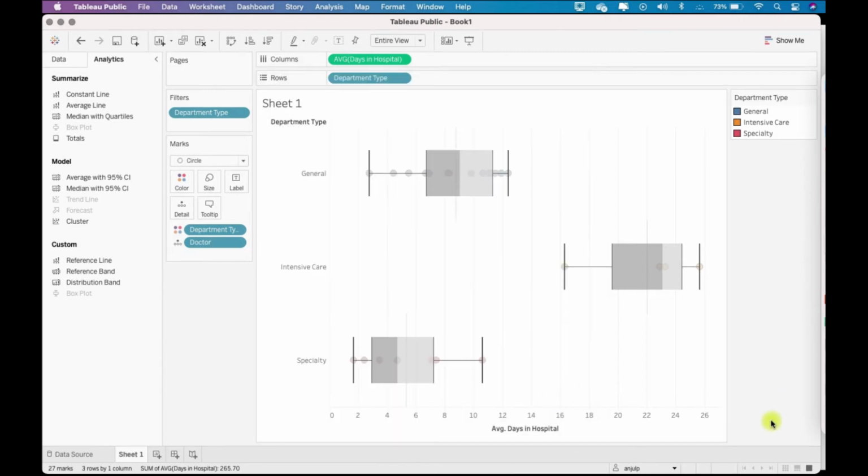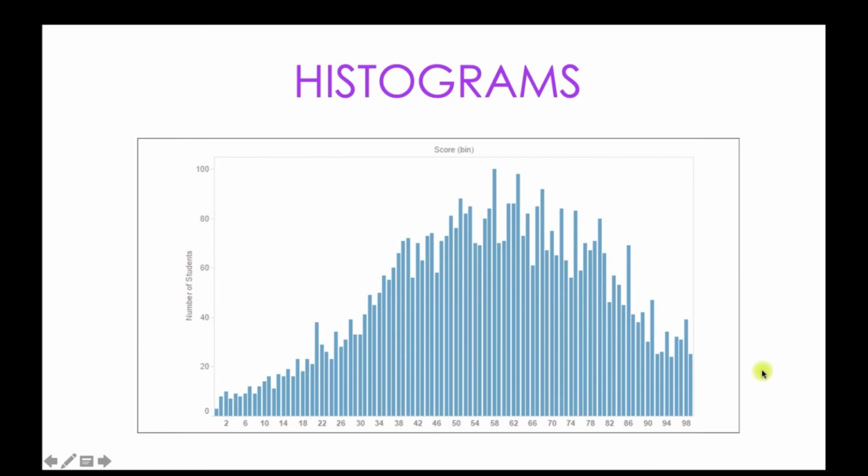So now let's go to the histogram. Histograms are another possibility for showing distributions, and a histogram looks similar to a bar chart, but the bars show a count of occurrences of a value. For example, say standardized test auditors looking for evidence of grade tampering might construct a histogram of student test scores. If you see here, these are the bins of scores, and here is the count of the number of students, right? So typically a distribution might look like this.